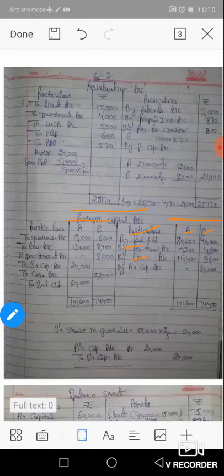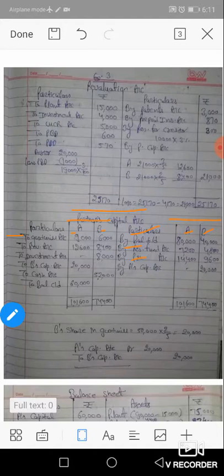On the asset side, there is goodwill amount of 15,000. We know that the old goodwill account which appears in the balance sheet is written off at the time of retirement. So goodwill account is written off: partners capital account Dr. to goodwill. 9,000 and 6,000, 15,000 divided between A and B in their profit sharing ratio 3 is to 2. Okay, the whole adjustment of the balance sheet has been completed.